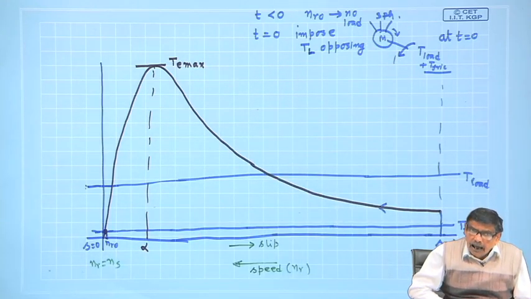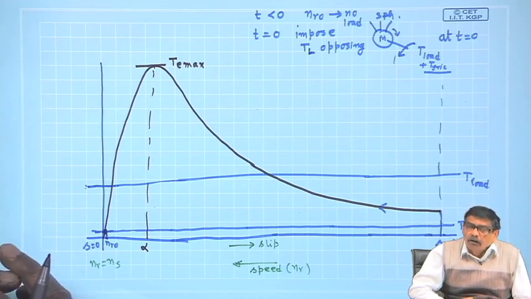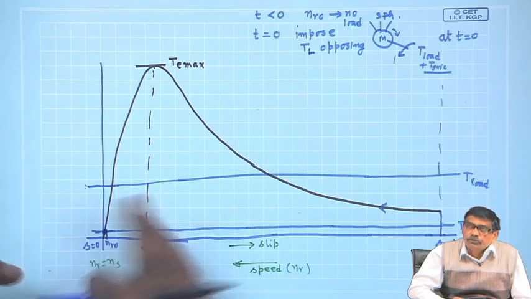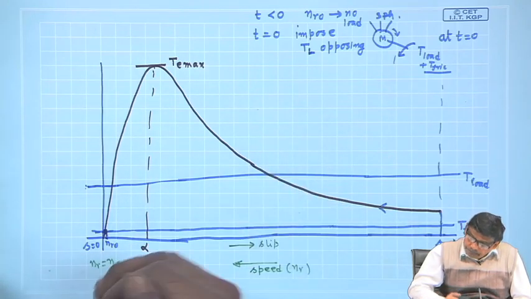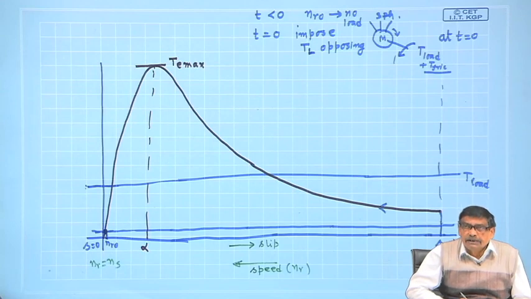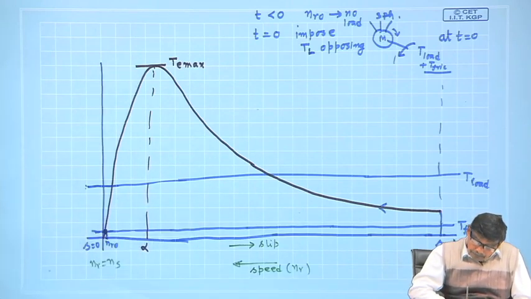It will accelerate provided the electromagnetic torque is greater than the opposing torque, or it will run steadily at some RPM when these two are equal, or it will decelerate if the electromagnetic torque developed by the machine is less than the opposing load torque. These are the three things we know from Newton's laws of motion.